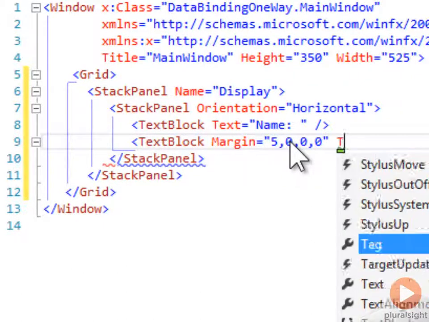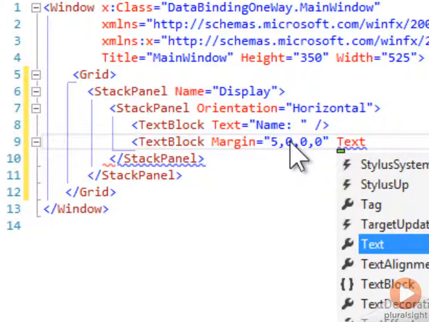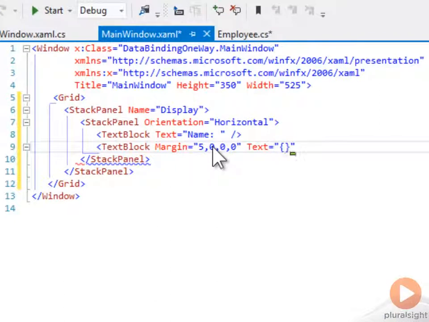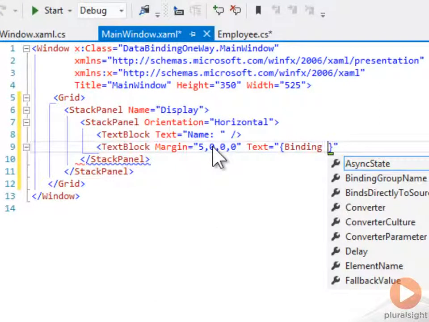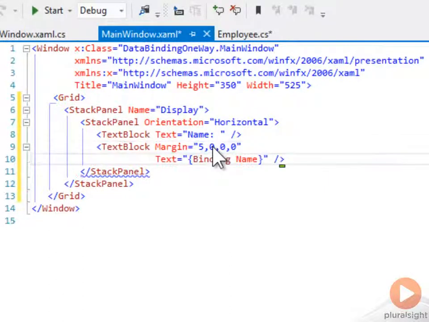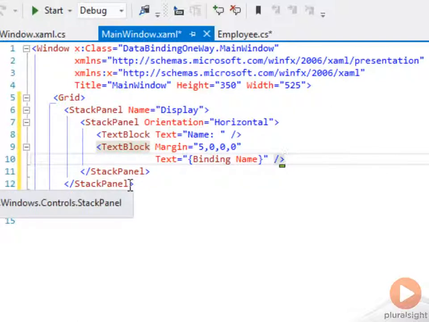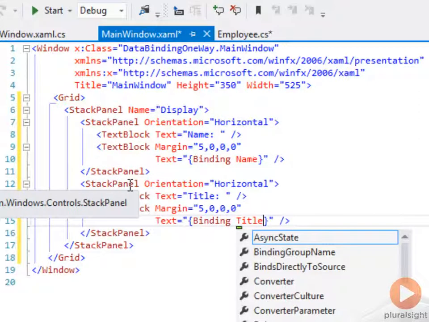But for the text, we want to bind to the name property of our employee object. And so we use a special syntax, open curly brace, the keyword binding, and then the name of the property that we're binding to. That's it for our first inner stack panel. Our second inner stack panel is very, very similar, except that the prompt says title, and we bind to the